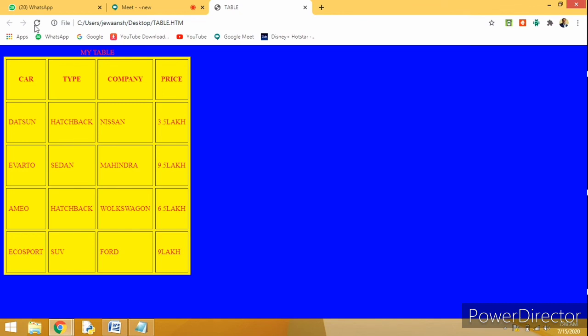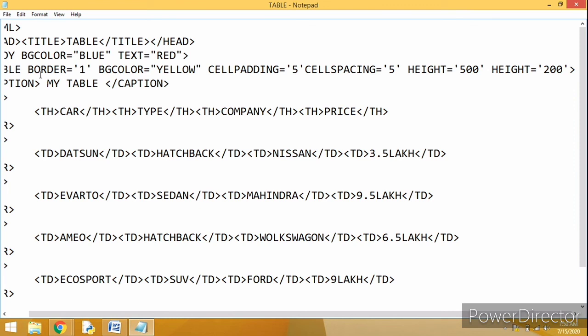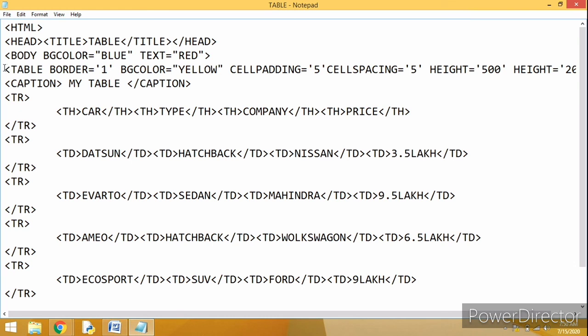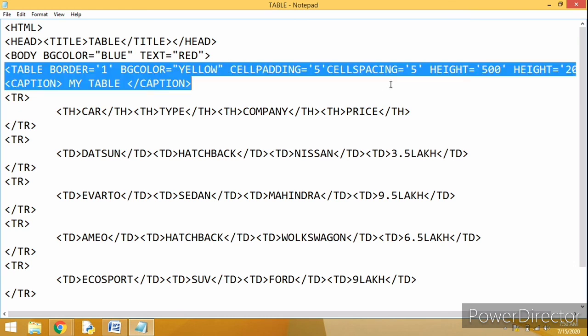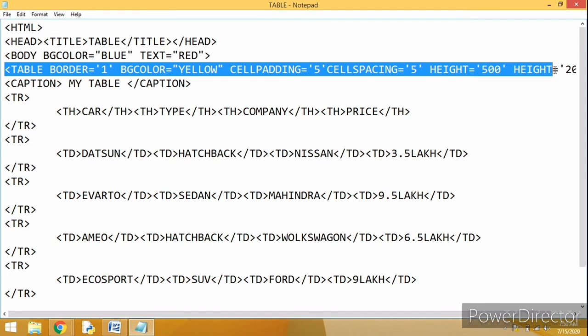So the tags which are required for generating a table in our HTML are what? The very first is your table tag, isn't it? The very first is your table tag, as this one. So the very important thing is this line. In this line we have used all the attributes for the table tag. So what all attributes did we have for the table?